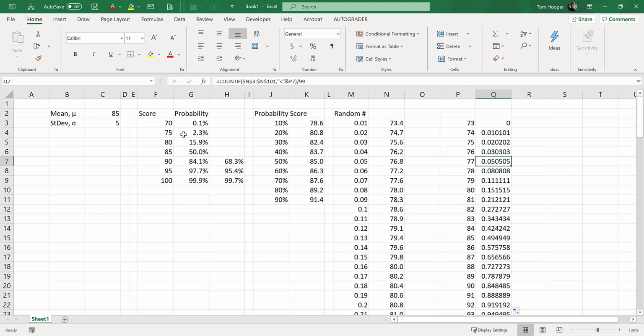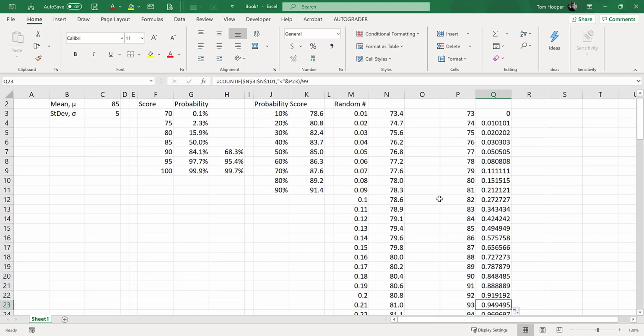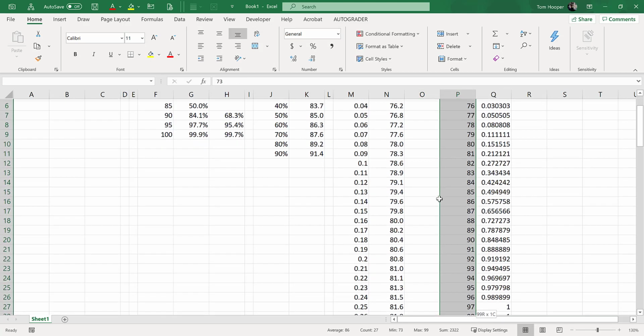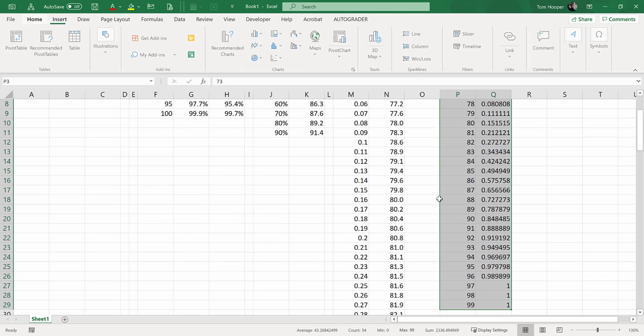How does that compare over here? That looks reasonable. 15% chance that I would have less than an 80. That looks pretty reasonable. 50% chance that I would have less than an 85. And so on. So let me plot these. Score is going to be the X, and cumulative probability is going to be the Y. I'm going to do an Alt-ND, Enter,